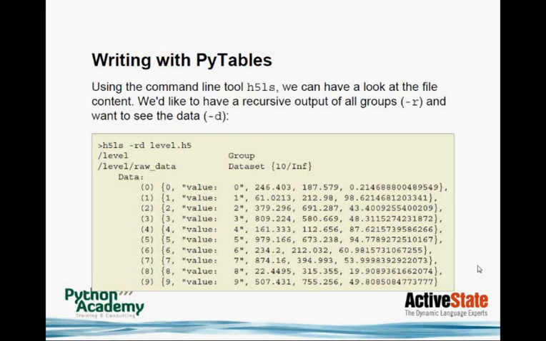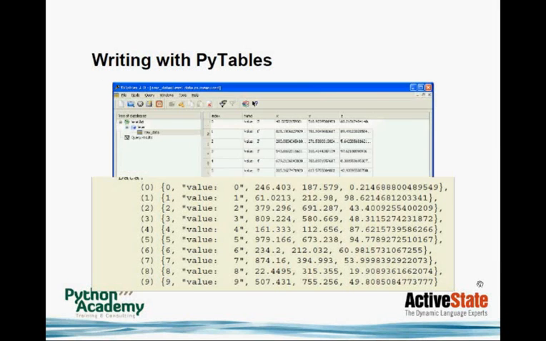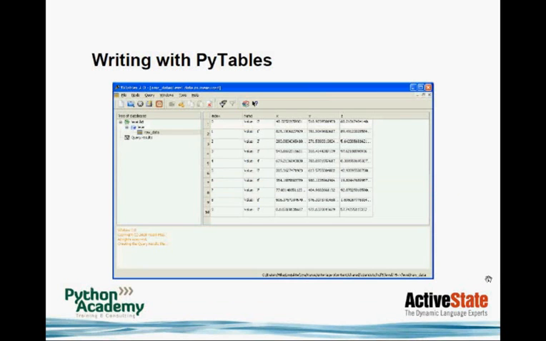So this one can help you to look inside the file on the command line. So now we closed our file in the Python interpreter, and we're back on the command line, and we use h5ls with the option -rv, and it just spits out what's inside the file. This is this kind of representation. Next slide, please.